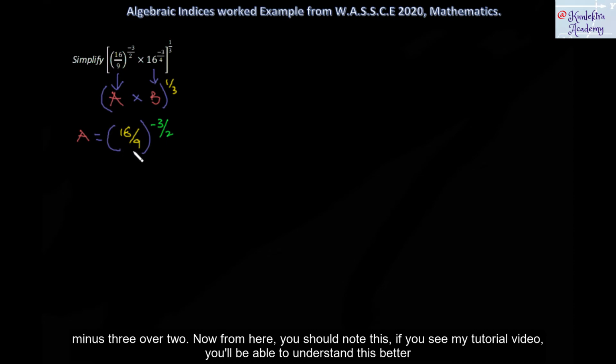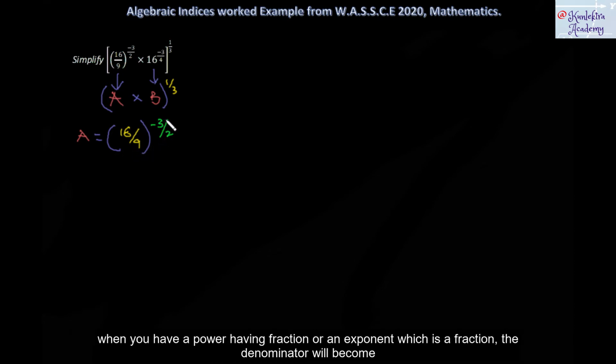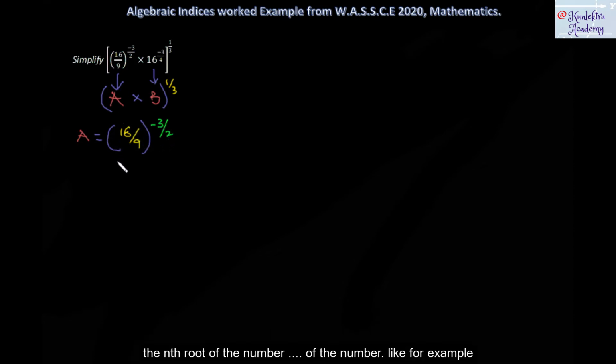If you see my tutorial video, you'll be able to understand this better. When you have a power having a fraction, or an exponent which is a fraction, the denominator will become the nth root of the number. Like for example, here the denominator, which is 2, will become the square root of 16/9, and that will be a is equal to square root of 16/9 all